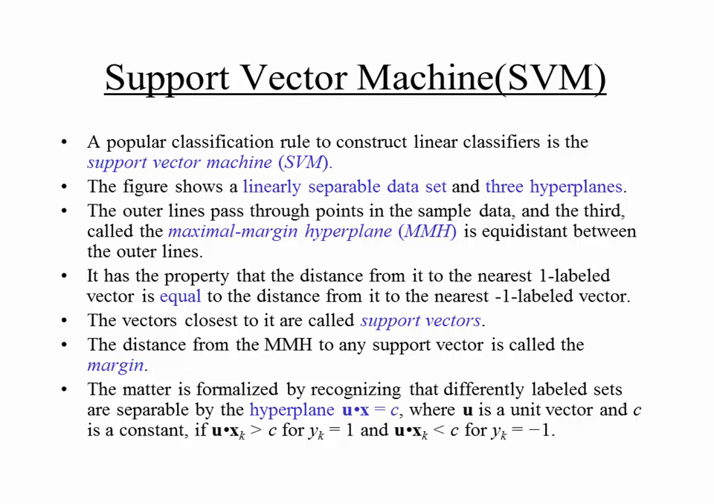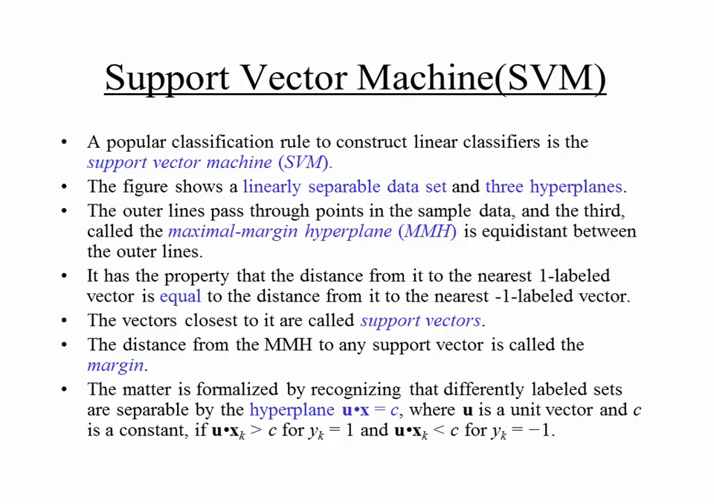The matter is formalized by recognizing that differently labeled sets are separable by the hyperplane. See, the equation of a plane is like ax + by + cz + d = 0, so you can write it something like this. ax + by + cz can be written as the inner product of two vectors. So the inner product of two vectors equals c, where u is a unit vector and c is some constant. So if the inner product of u with xk is greater than c for all xk that correspond to the class label 1,